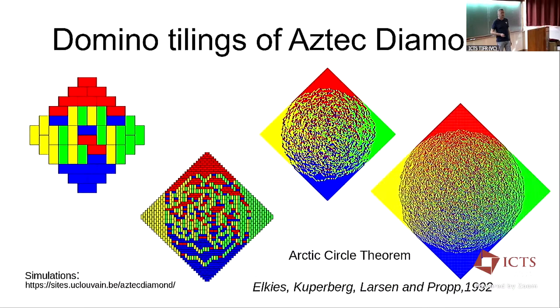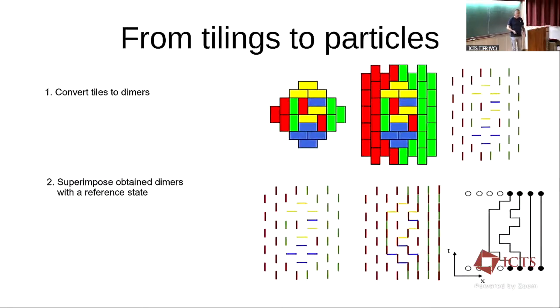For this, as someone from the quantum background or dynamical system background, I would like to map this problem onto something which is familiar to me. Namely, I will start mapping these tiling configurations to configurations of moving particles. And again, I will just use the picture of how to do that.